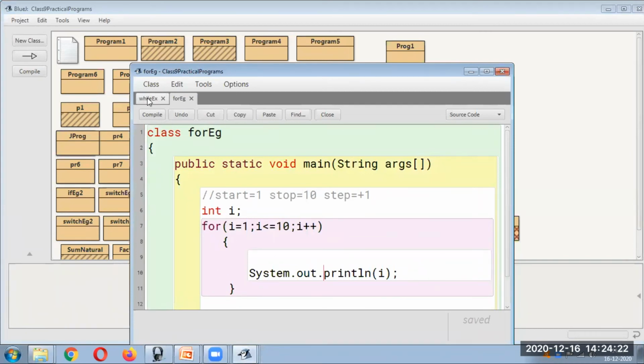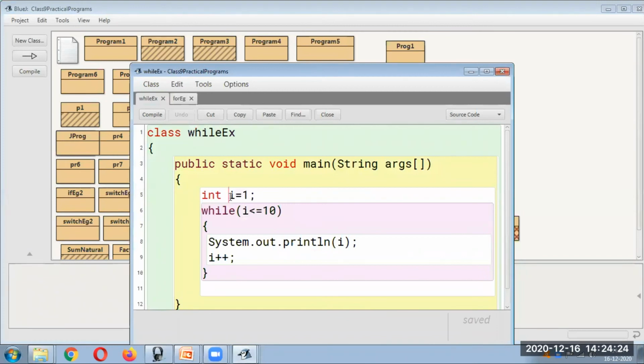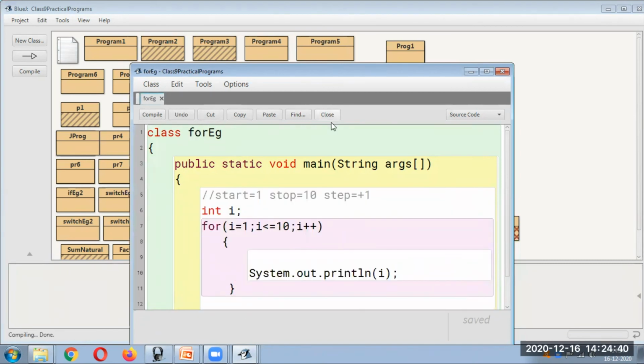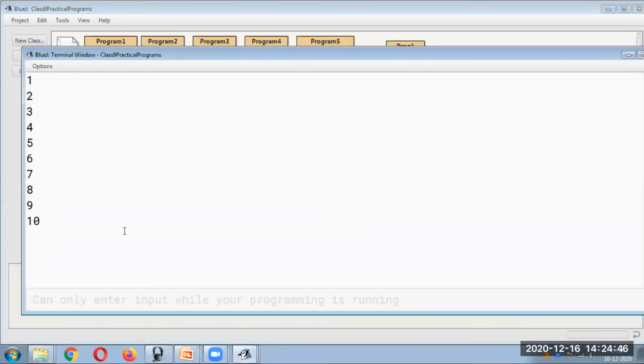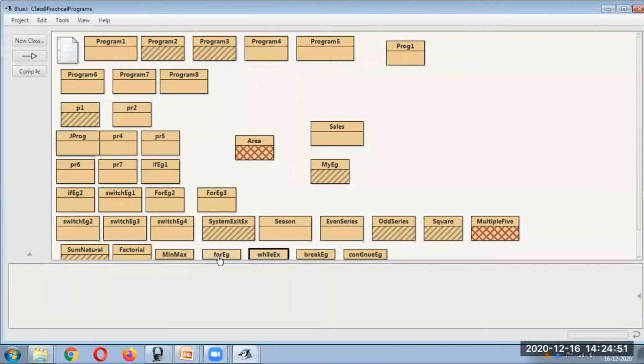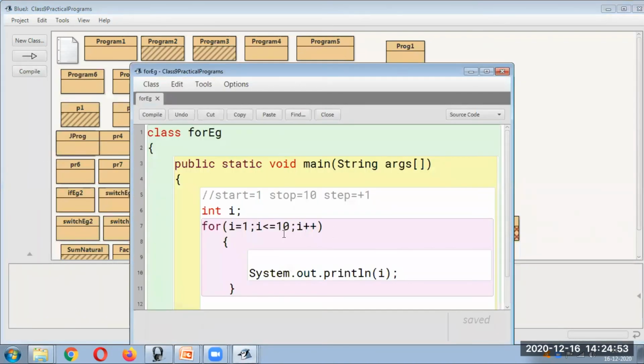The same program can be written using while. So what we have done here, the syntax is while, and in brackets we'll write the condition. Then in curly braces we'll write the statement. And after the statement is executed, this is where your update will be written. This is where your initialization will be written. It will give you the same output, only the way of writing is different. If you execute the program, again you will find that it will give you 10 values. So what is the difference? Where is the placement? I'll just put a comment so that it is clear over here.